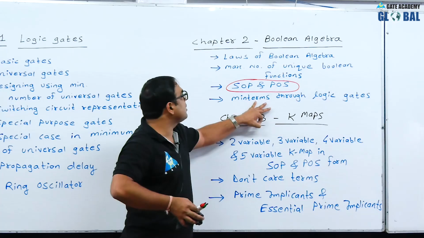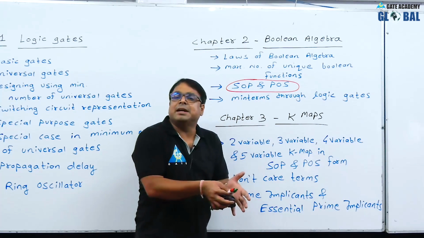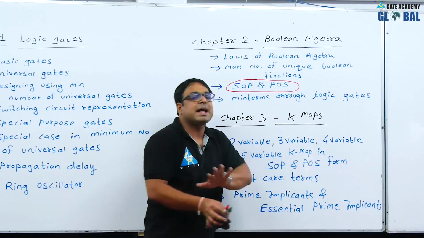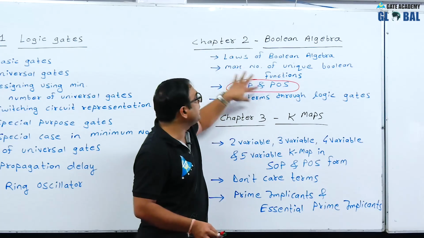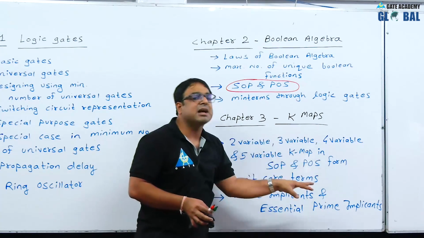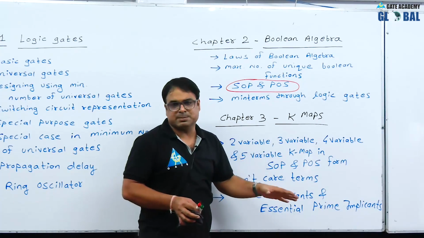Next, we will be discussing what will happen if you pass two functions through a logic gate. For example, AND gate will pass only the common min terms, OR gate will pass all the terms. So like this, what a NOT gate will affect. All these types of discussions we will be doing in Boolean algebra. So you must be seeing it is in a very systematic way. I have planned everything for you. Just follow this sequence and you are going to love this subject.